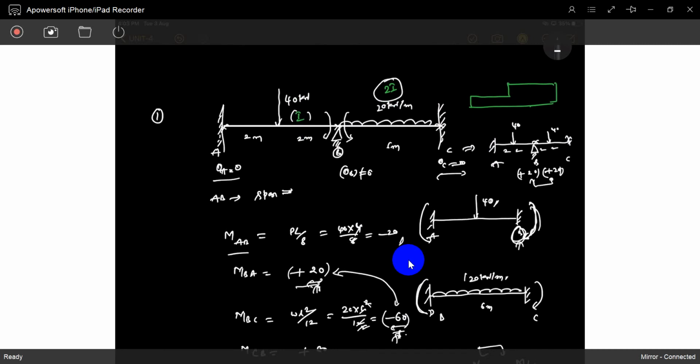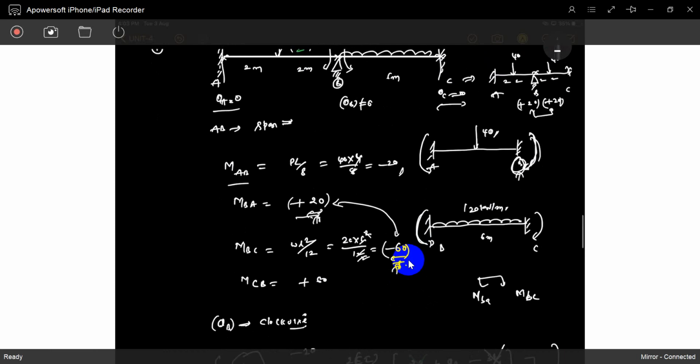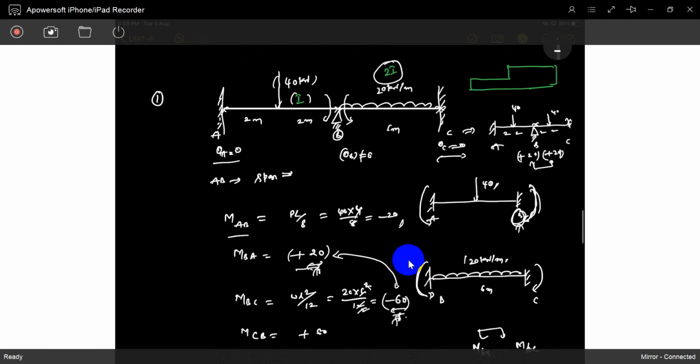It's already distributed. And you can also memorize the rotation word. By this loading we get the fixed end moments of 20 and 60. But the joint at B experiences only one moment, not 20, not 60, but something else. What does that mean? The moments are distributed because it is a continuous beam. The moments caused by the loading are distributed among the total span. How is it distributed?